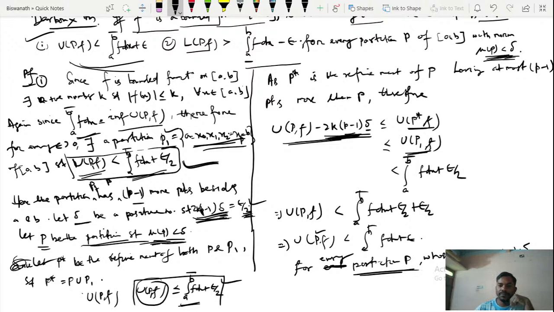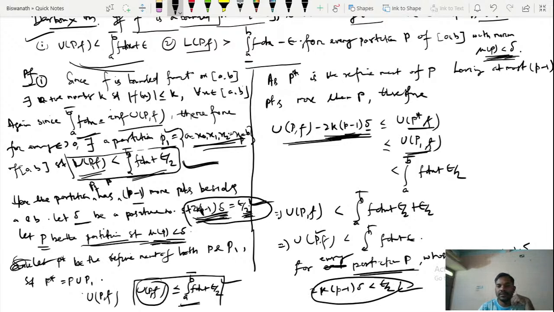For those partitions P whose norm mu P is less than delta, and delta satisfies this condition, that means this delta depends upon this epsilon, where this delta satisfies 2k(p minus 1) delta is less than epsilon by 2. So if delta satisfies this condition, then for those partitions P with norm mu P less than delta, at that time your UPF is less than